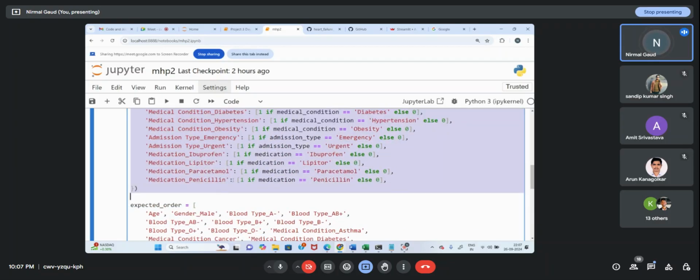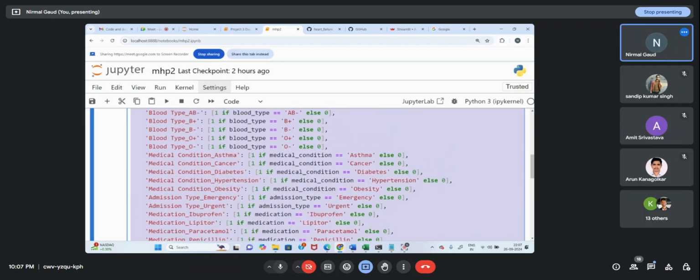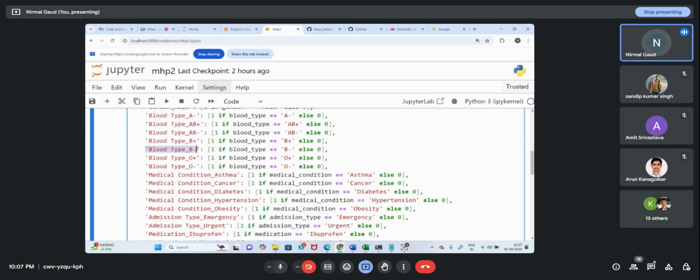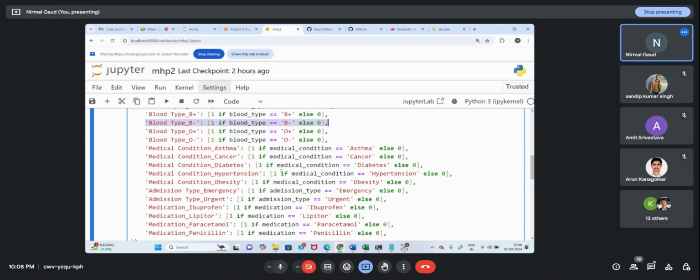Look, this is one of the easy ways. If any of the values is there, it's 1, then the rest will be 0. That's what the dummy means. Okay, fine. So yes,